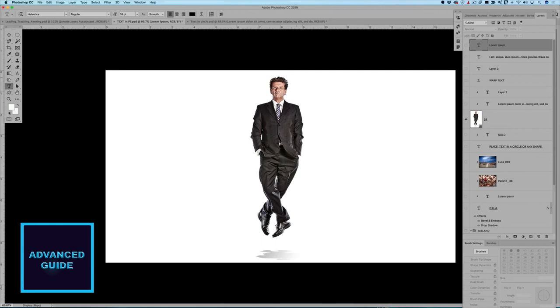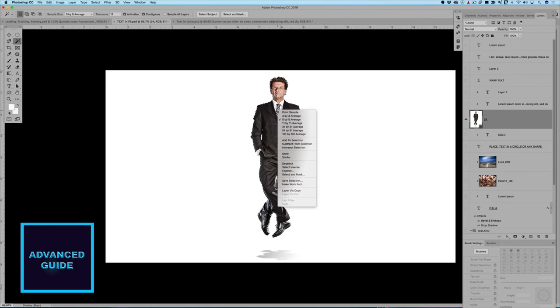So I've got an image of a man here, and what I can do is I'll select my any selection tool, and what I'm going to do is come up to the checkbox that says select subject, and this is allowing Photoshop, when you've got a simple image like this, uncomplicated, where it's a white background, to make a selection. If it's a bit more difficult, you're going to need to make that selection manually. But once I've got the selection, you can see the marching ants there. What I'm going to do is right click on the image